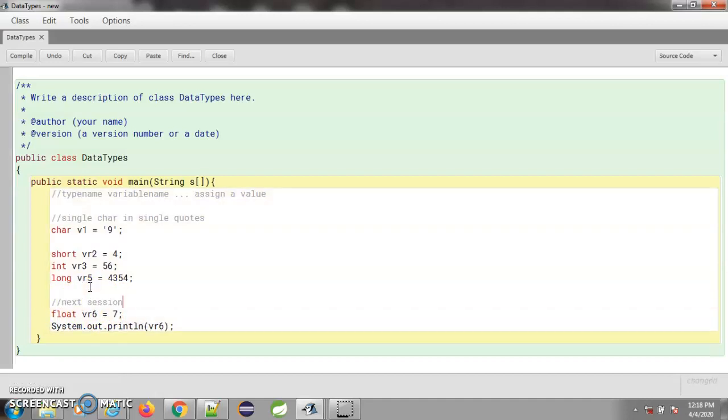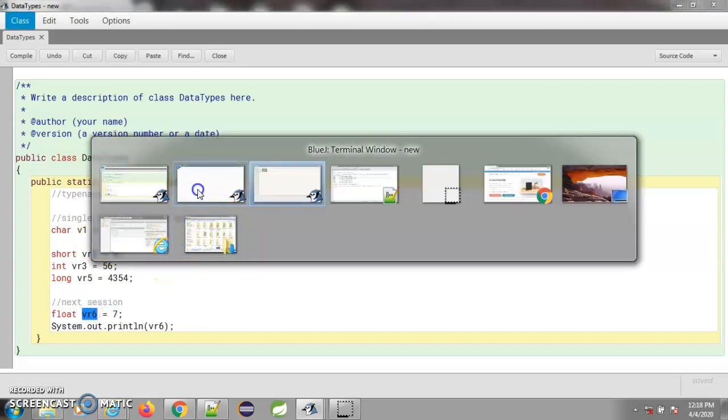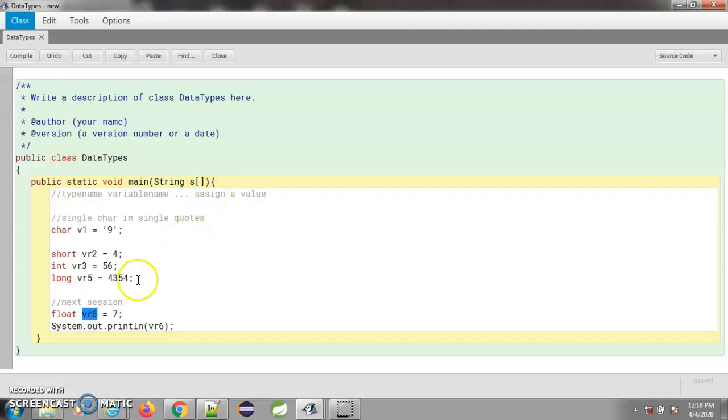But just remember, whenever you are assigning a value to float and you are printing it, it is actually getting stored as a decimal in this variable, and we can verify by printing it to the output. We can see 7.0. So as I've said, it is used for storing decimal values, and even if you assign 7 to it, it will actually hold it as 7.0, which we can verify by printing in the output.